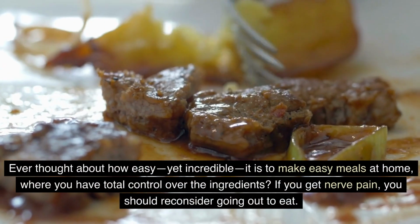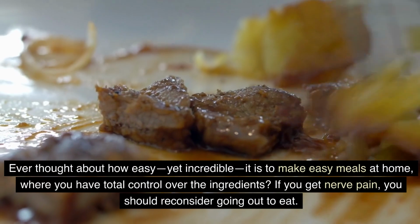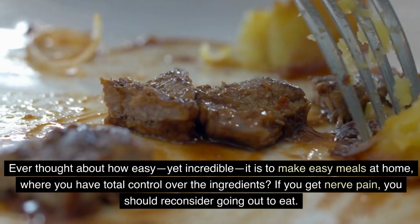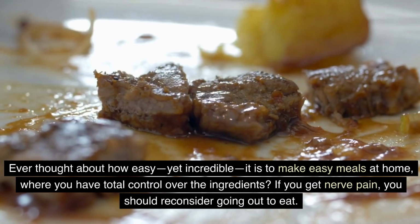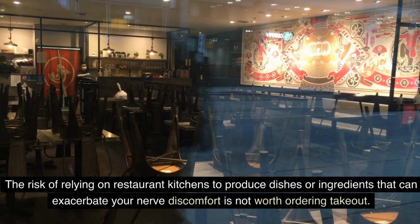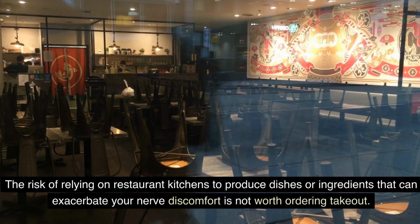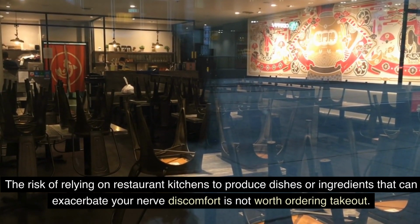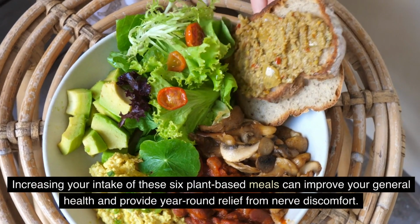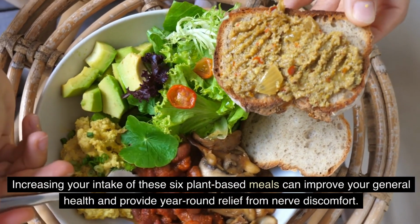Ever thought about how easy, yet incredible, it is to make easy meals at home, where you have total control over the ingredients? If you get nerve pain, you should reconsider going out to eat. The risk of relying on restaurant kitchens to produce dishes or ingredients that can exacerbate your nerve discomfort is not worth ordering takeout. Increasing your intake of these 6 plant-based meals can improve your general health and provide year-round relief